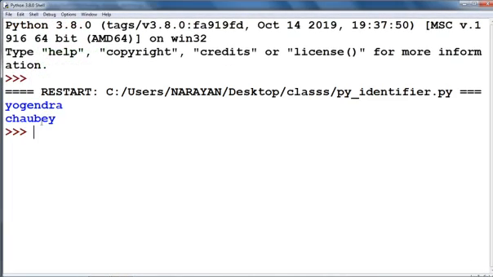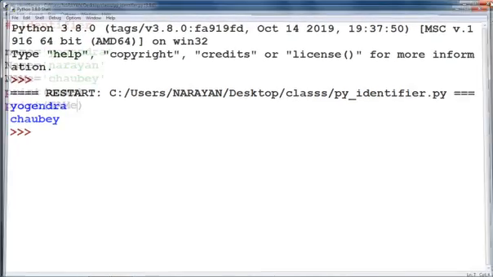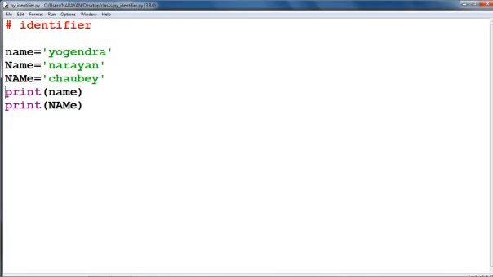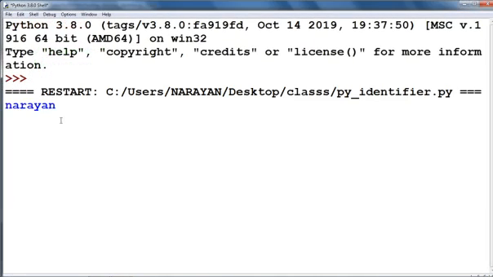Here Chobe, third name is Chobe. If you are going to print second name, we will get the output of second name. See the output, Narayan is printed.